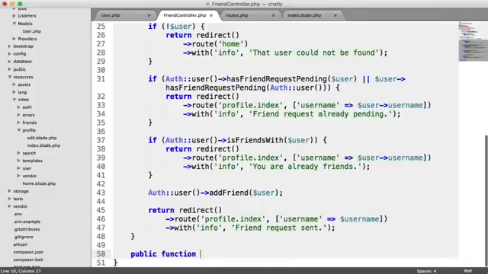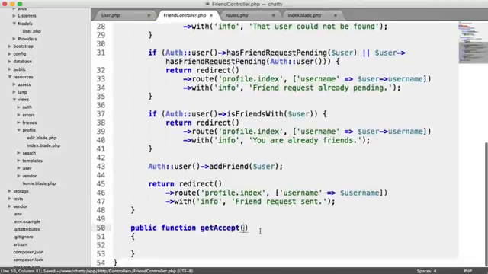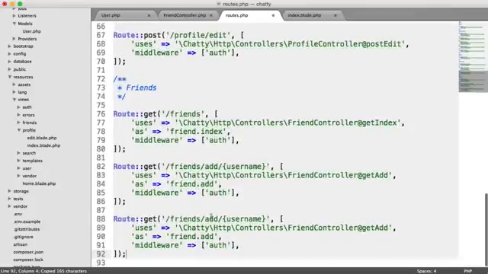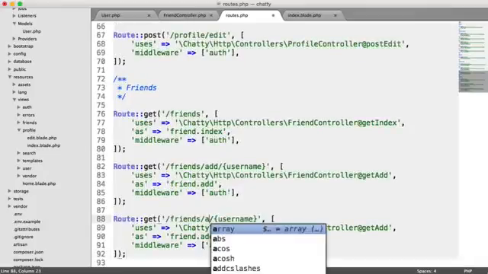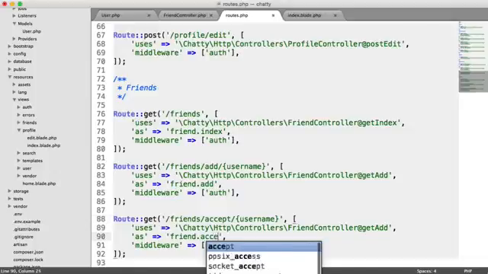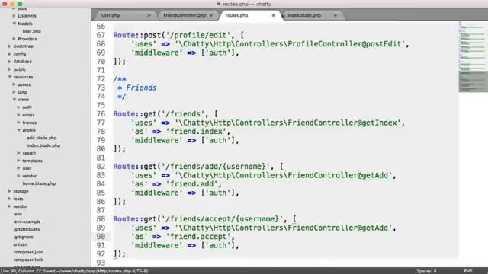So we have a get accept method here, and that's going to take in a username. And before we do anything here, let's just die dump the username again just to make sure this is working. I'm going to head over to our routes. I'm going to copy this, paste this in, and we're going to say friend accept username rather than friend add username. So we're going to change the name of this to friend.accept,